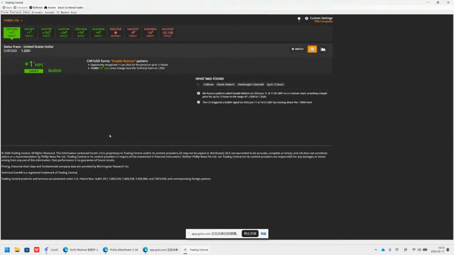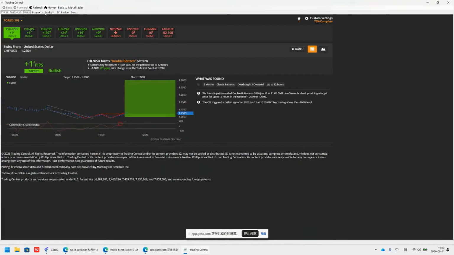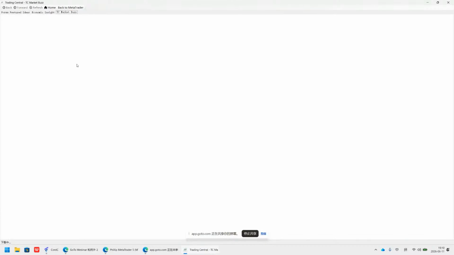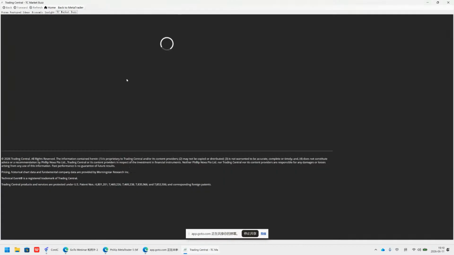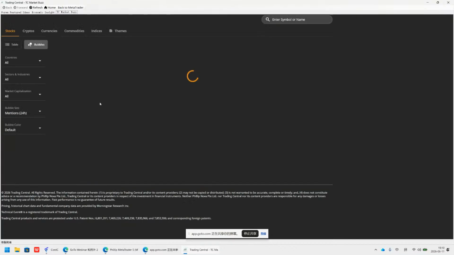The new window shows Market Buzz, Economic Insight, and Forex Featured Ideas. Market Buzz, using AI, sifts through tens of thousands of quality social media channels, blogs, and